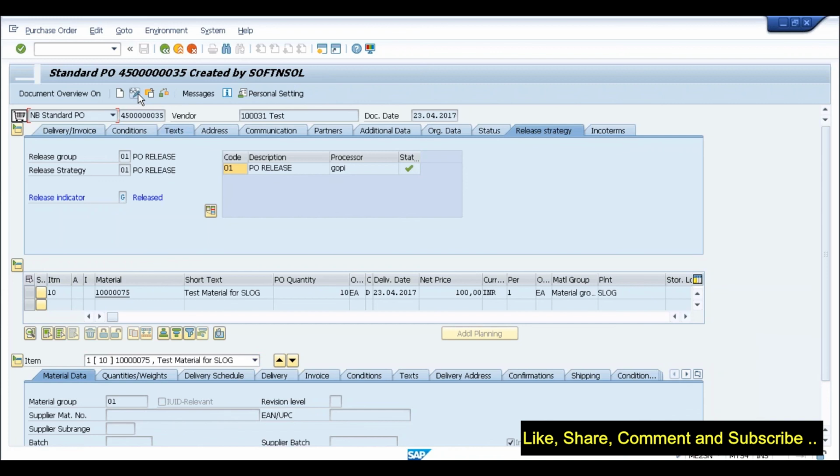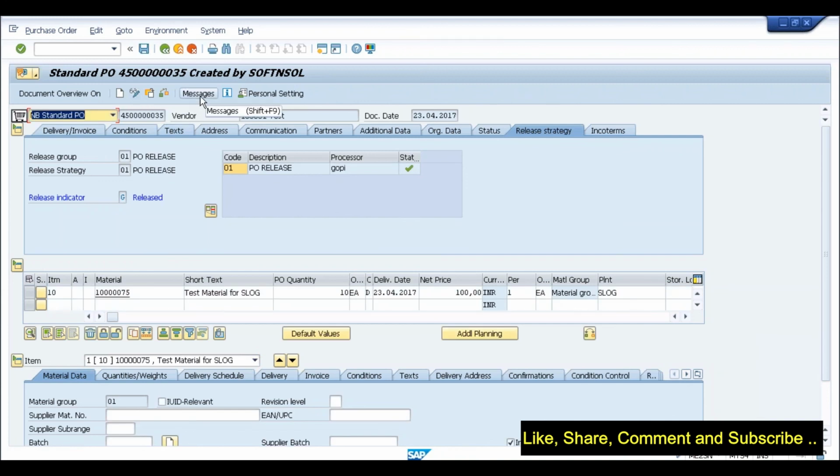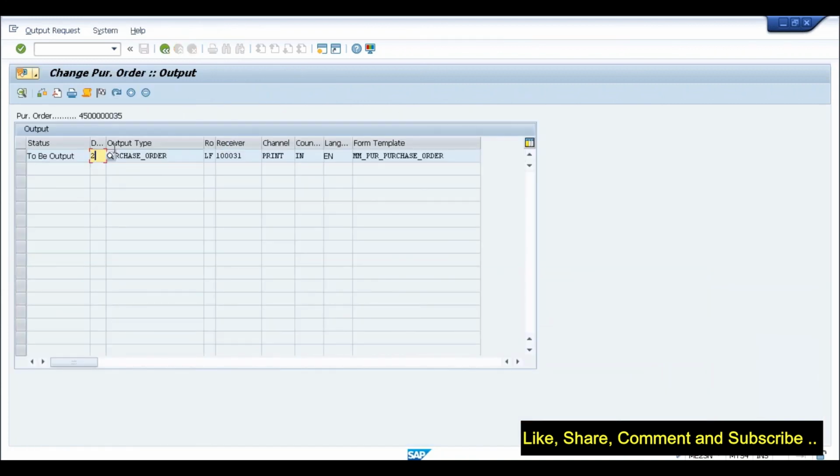So if I click on this change, no issues. I just want to highlight this. If I click on new, by default it will not go to output even if I select one. When I save it, it will be in preparation. Once I send it from here, then only to be output will be available and it will directly produce the output. But if this is 2, then definitely I need to run ME9F to trigger the output. That is the only difference between 1 and 2. 1 means immediately, as soon as you create, it will generate the output, and 2 means you need to separately run ME9F to trigger the output.